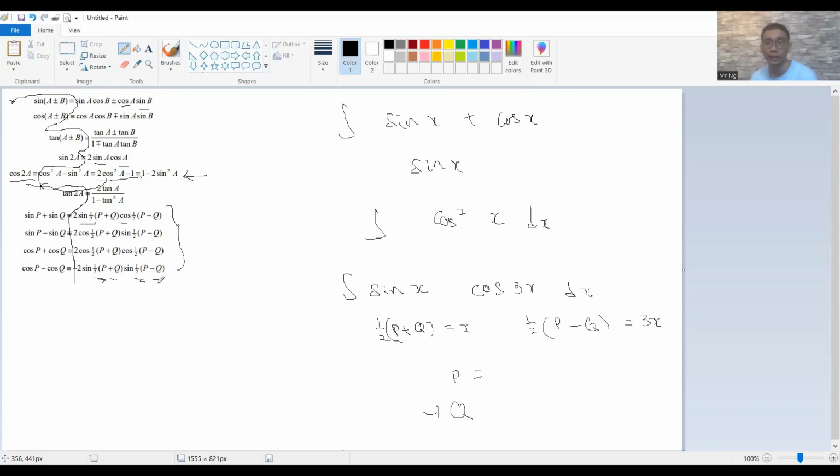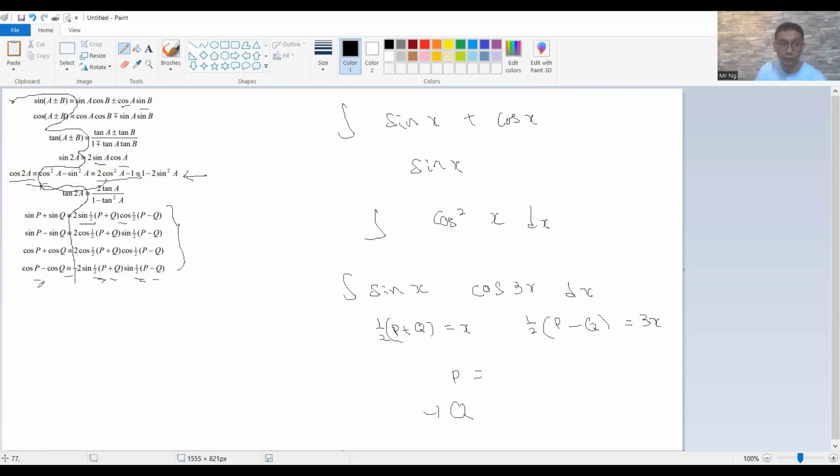So over here, half p and half p give us p, 1p. If we add both terms up, we will get p, half p plus half p, and half q minus half q. So the resultant is p. If we subtract them, then the half p and half p will cancel off each other, and the half q will become plus half q. So it will become q, which is what we want here.